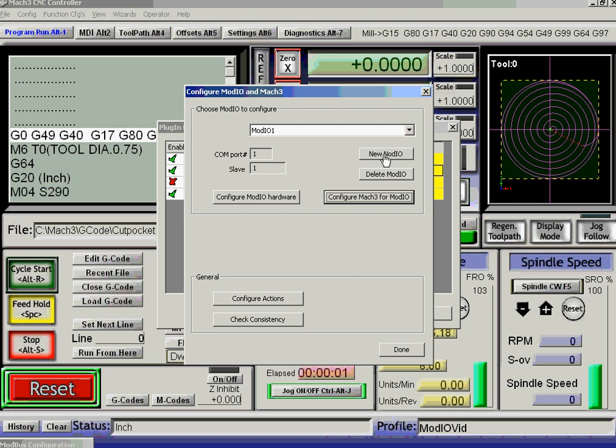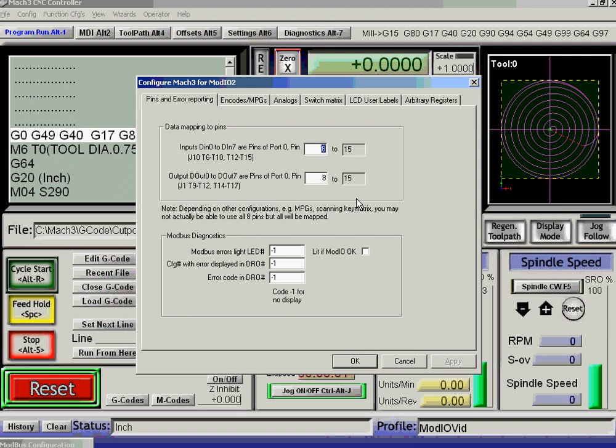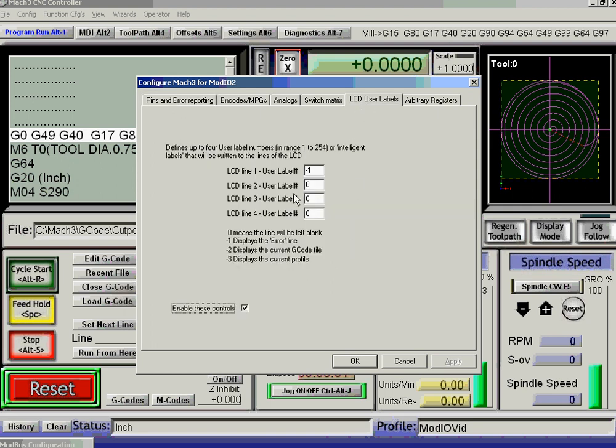Right, so let's now go back to configuring the one that we've got other things on, and have a look at how we can write user-defined text into here. Let's use user label number 10. Now you don't have to have this displayed on the screen. There are 255 of them, 0 to 254. You don't have to display them on the screen. You can display them on the screen so that you can see what's happening, but I will choose 10, which